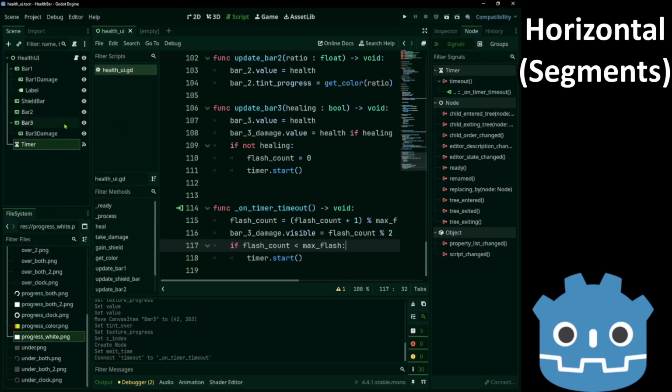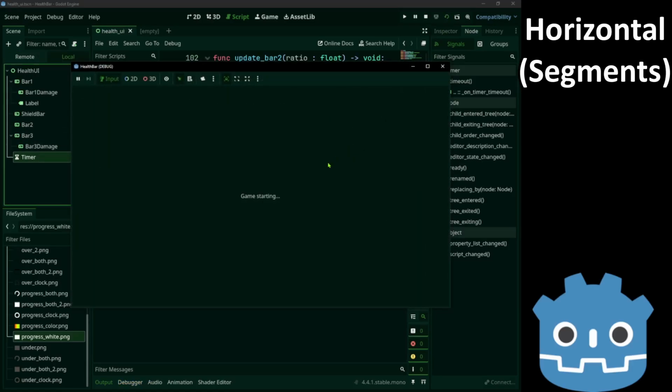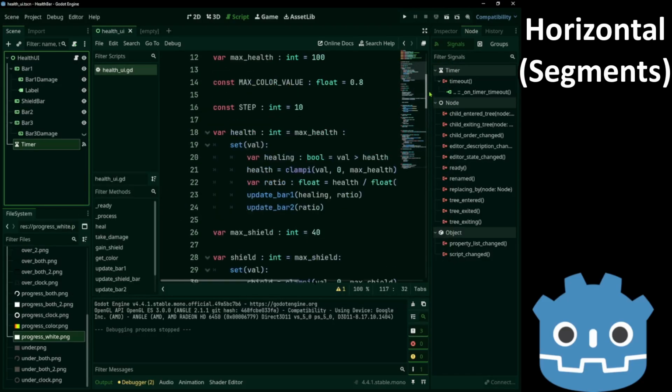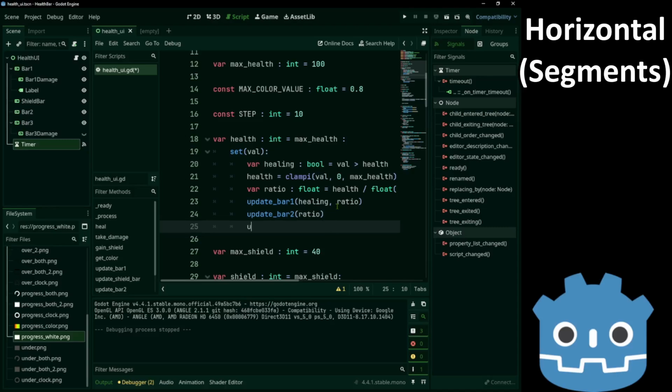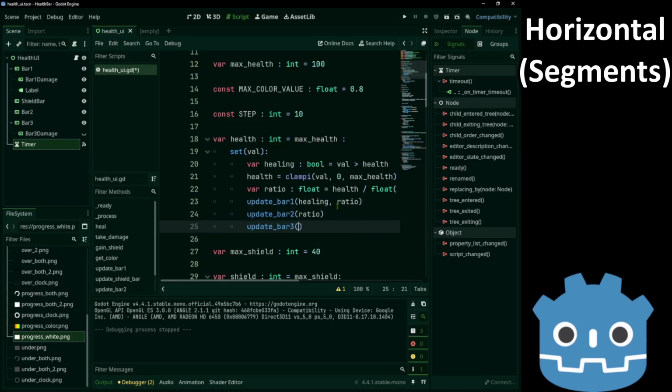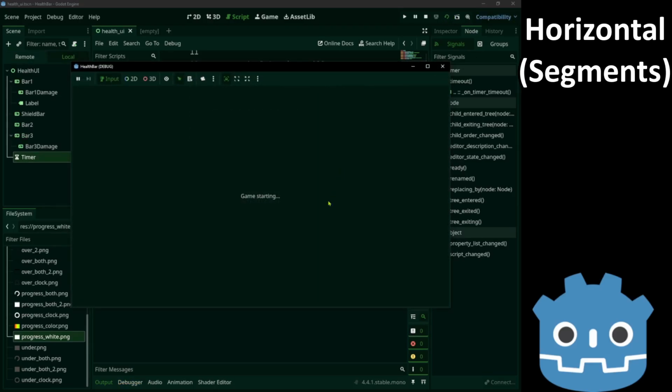Okay, one last thing. We need to hide our damage indicator. And if we run it now, nothing will happen because I forgot to add the update function. Okay, now we run it.